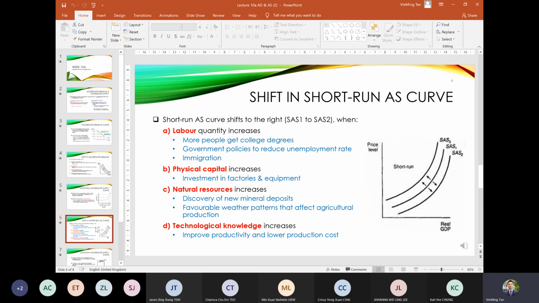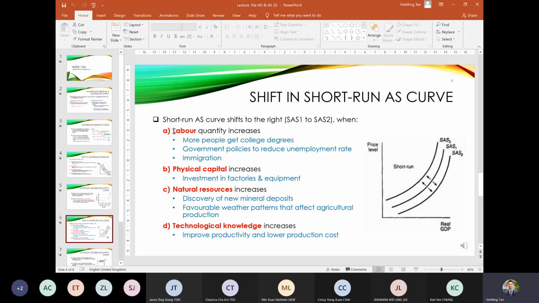Okay, there are a few factors that will influence. Generally the aggregate supply will shift to the left or to the right due to the production cost. Production cost plays an important role in shifting the aggregate supply curve in the short run. So how do the production costs change? This depends on the